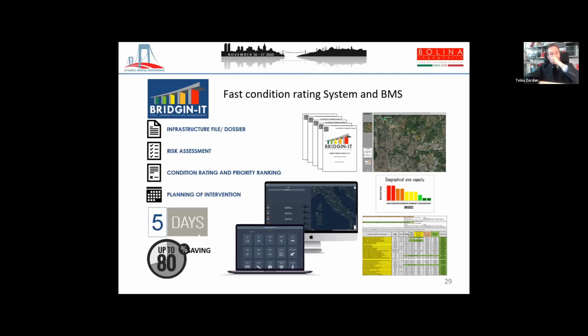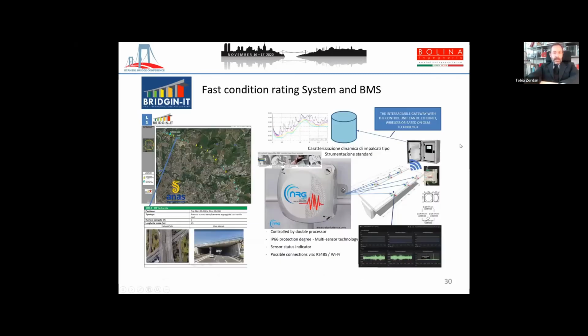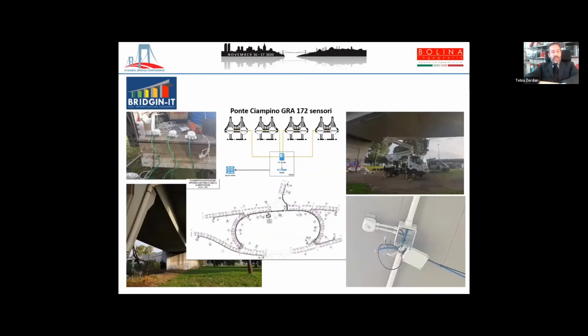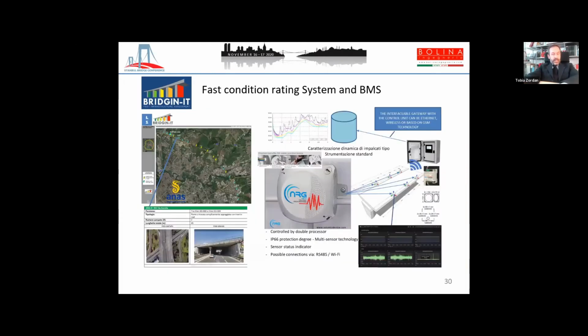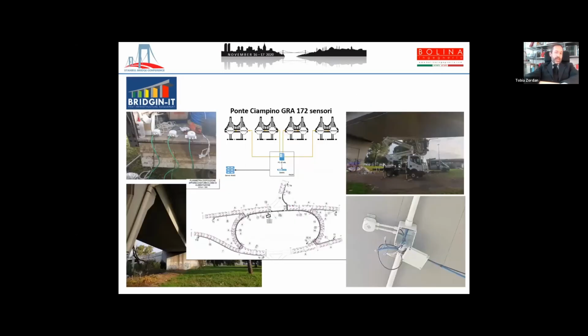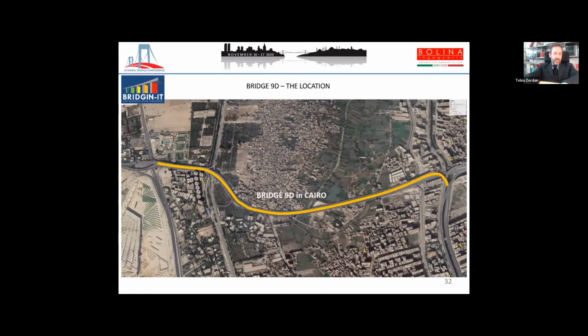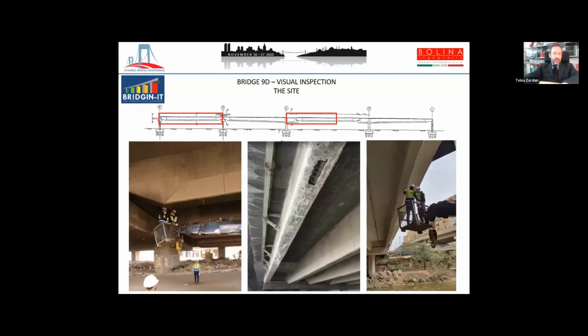Yes. And finally, planning the intervention. It is working on a map, so GPS and satellite mapping, and is able to accommodate and to manage all the system of sensors that might be needed for the assessment of the structural response of the bridge. We have here two examples. One, this system is being used in Rome at the moment for the ring road of Rome, where some bridges have already been instrumented and monitored, and it's being used in Egypt in the ring road of Cairo with the same purpose. You see here some inspection activity,